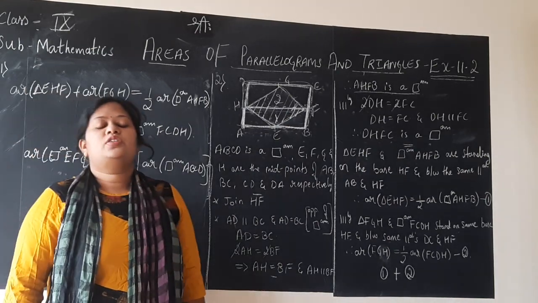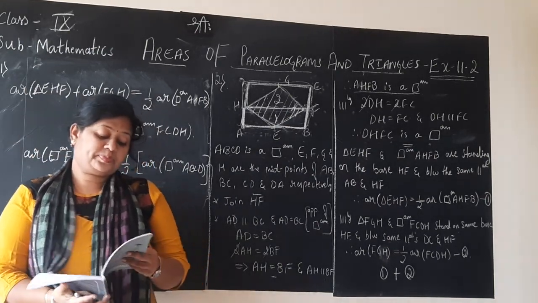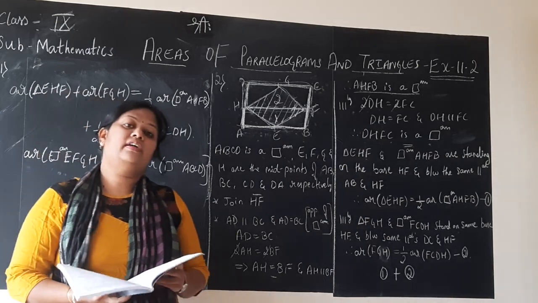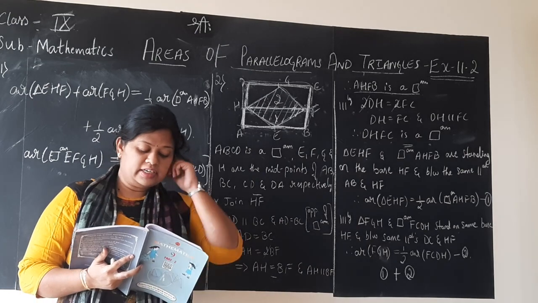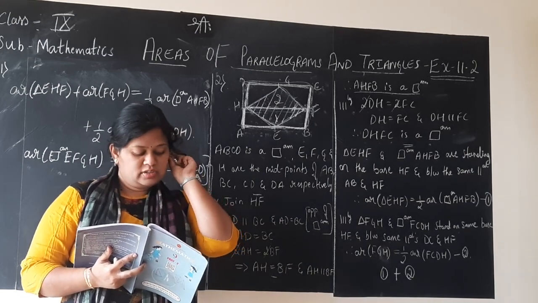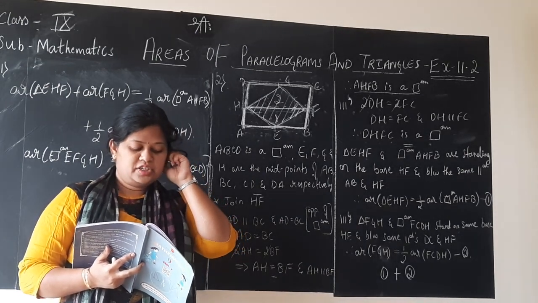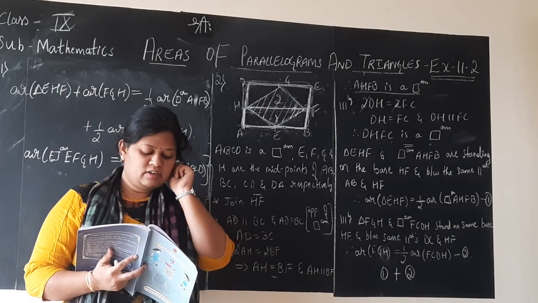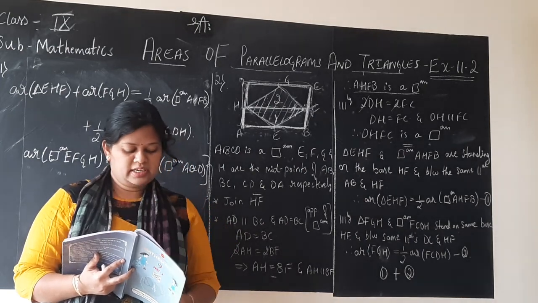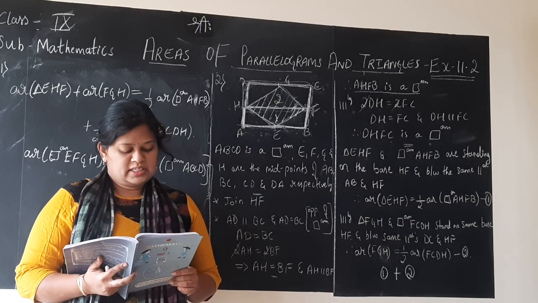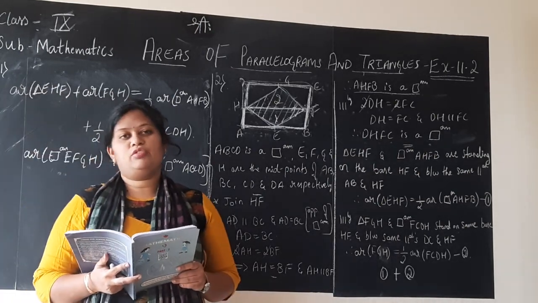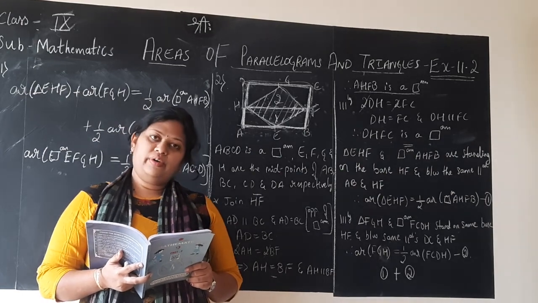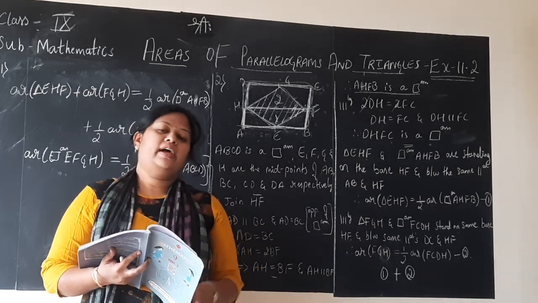That's all. So like this you should try to analyze the problems, and by using the given hints you should arrive at the required proof. That is about the second question. Third question: P and Q are two points lying on the sides CD and AB respectively of a parallelogram ABCD. Show that area of triangle APB is equal to area of triangle BCQ. Figure is not given, children. We should do it on our own. Let me clean the board and do it for you.